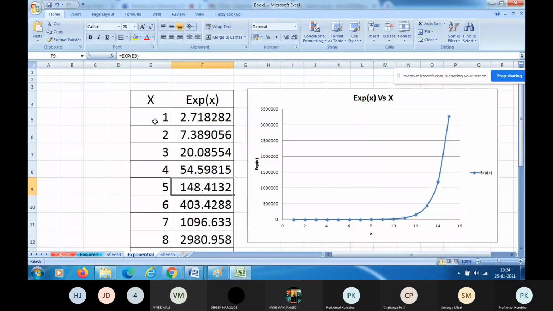You can choose your own values of x. I showed in the first graph 10, 20, 30, 40, 50, 60, 70, 80, 90, 100, 110 up to 150. We have chosen the values of x. You saw the graph on the screen. Then I have selected values of x as 1, 2, 3, 4, 5. The same graph will change here. Is it clear? So choose your own values of x and calculate the exponential of x.